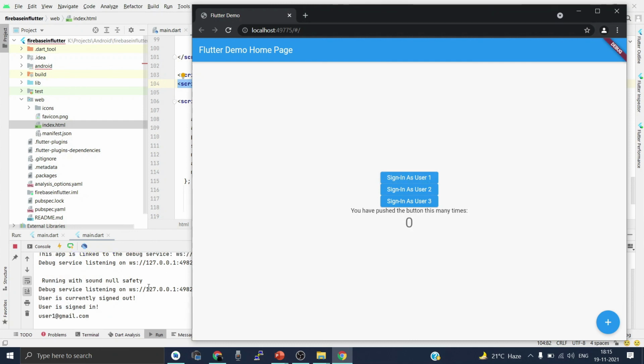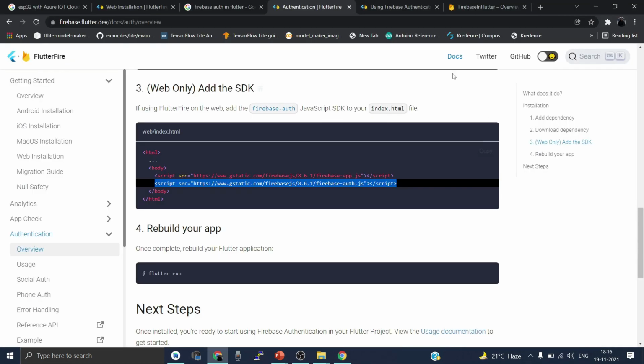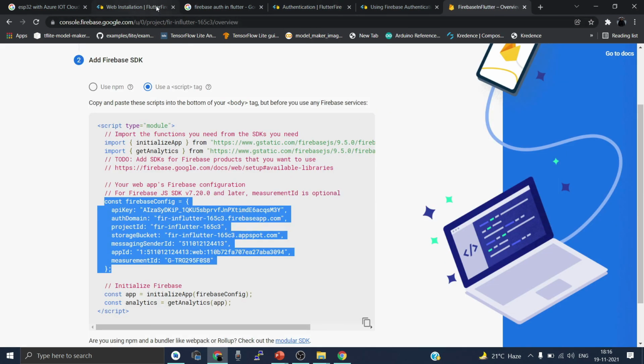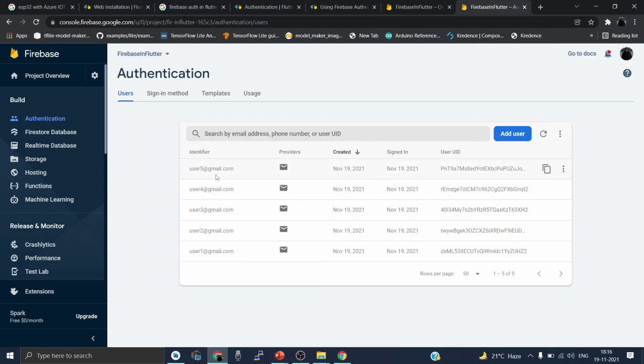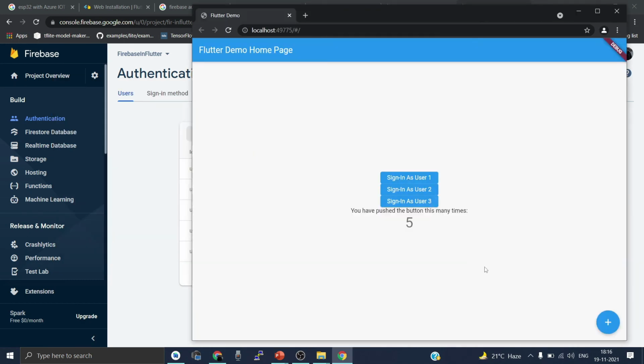Wow, so now guys, you can see that I was able to sign in as a new user. Let me try and create a new user. We already have 4 users on the console, so the next time it should work. Now it should create a new user with ID user5@gmail.com. Awesome. So let's get back to the console and check if it has been created. So you can see user 5 has been created. Let's create one more.